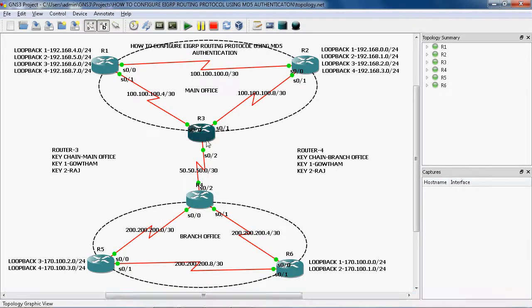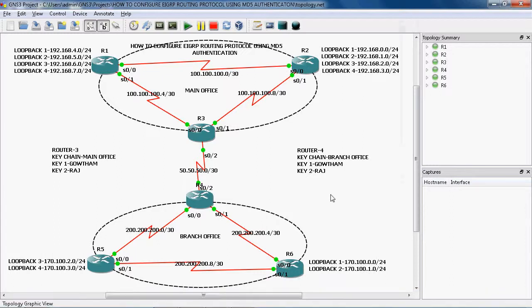On both routers I configured the time as 2014. In 2014 it will use key 1, that is Gautam, which is used to form the neighbor relationship from R3 to R4. After 2015 it will automatically use key 2, that is Raj.